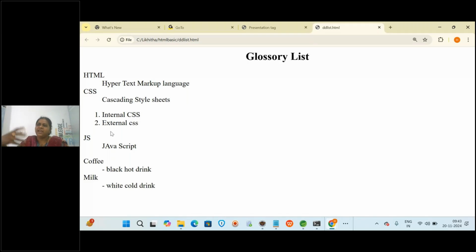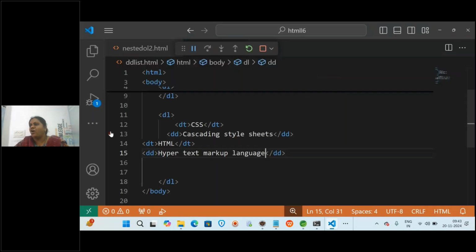If you want an ordered list you can give ol and write. Whenever you want an unordered list you can give ul and write it, just like that. So you can create this. These are the three types of list we have: ordered list, unordered list, and glossary list. Ordered means ol and the list items are li. Unordered means ul with list items, and you can use both combinations also. And data definition list means dl with dt and dd. Clear everyone?